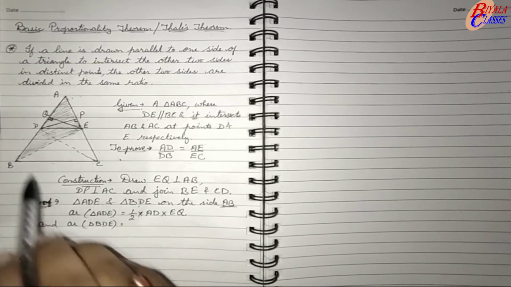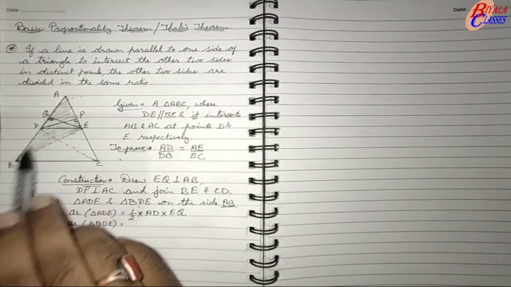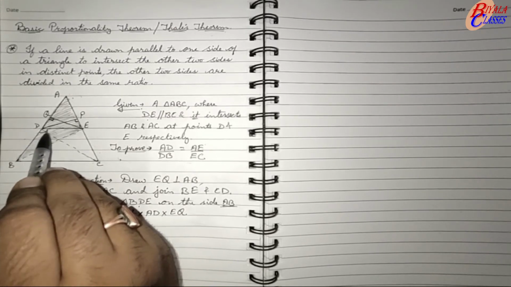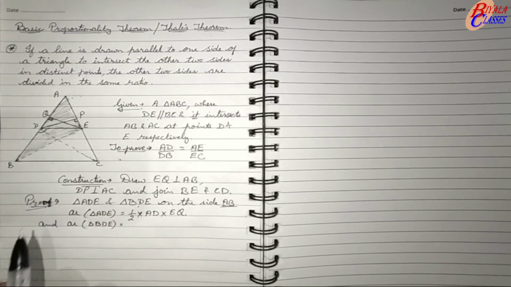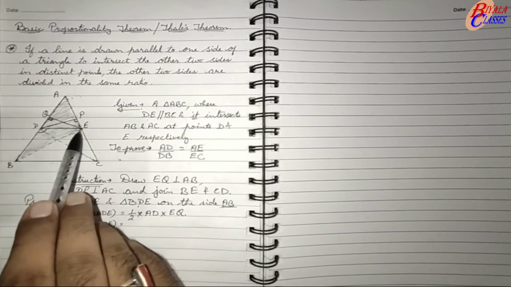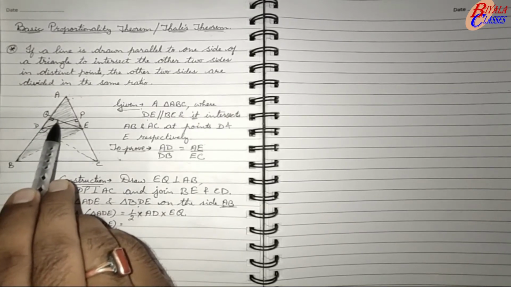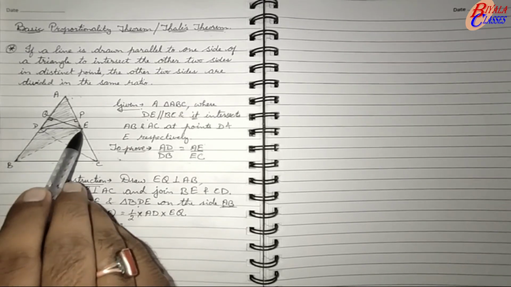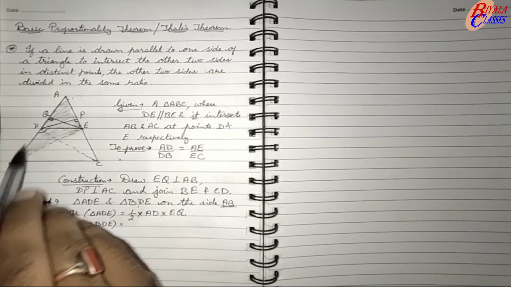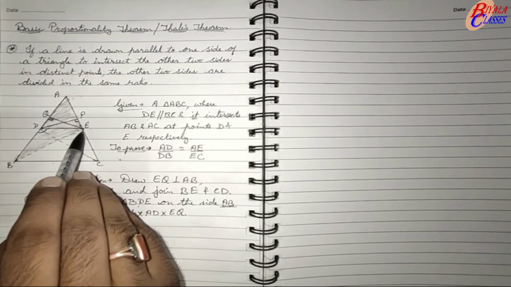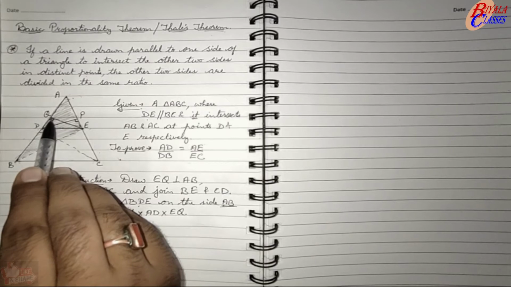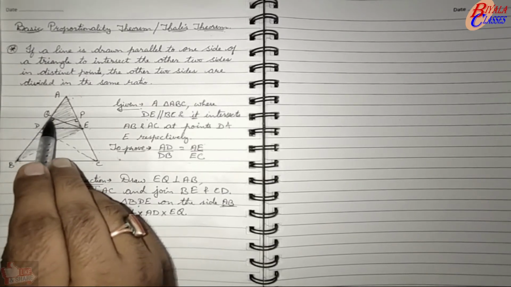If we take the second triangle BDE, what about this area now? If you see here, this is an obtuse angle triangle, and we know that in an obtuse angle triangle, the altitude drawn from the vertex will lie outside the triangle. So from this point E, which is one of the vertices of this triangle BDE, when we draw a perpendicular to BD, it is going to intersect outside. It is going to intersect BD when produced.